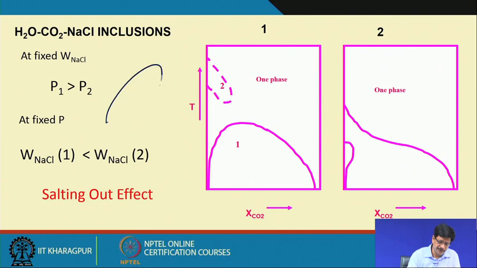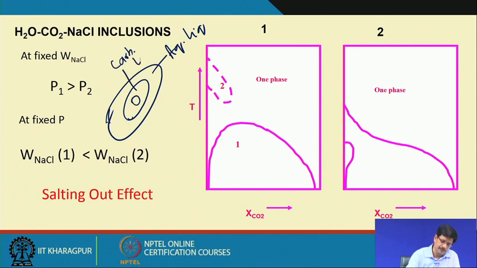like in here, it is an inclusion, it is the aqueous liquid, this is the carbonic liquid, and this is the carbonic vapor. We know that this aqueous liquid will have the dissolved solid in it, and in most cases it will be dominated by NaCl, and